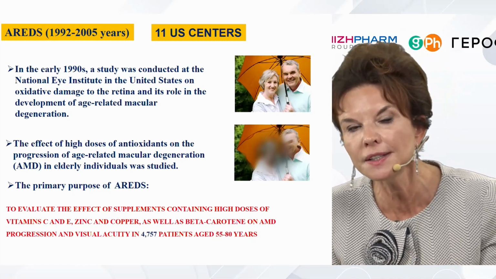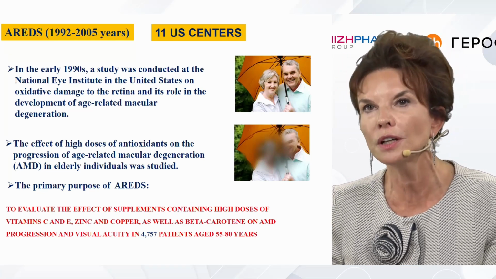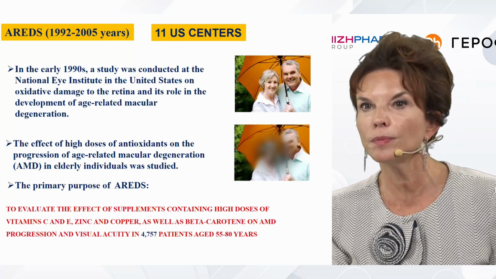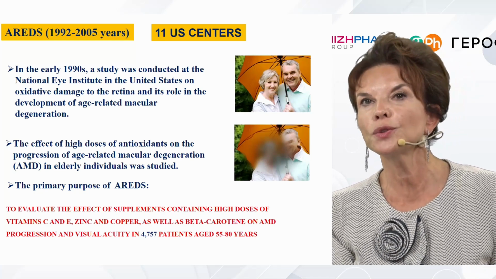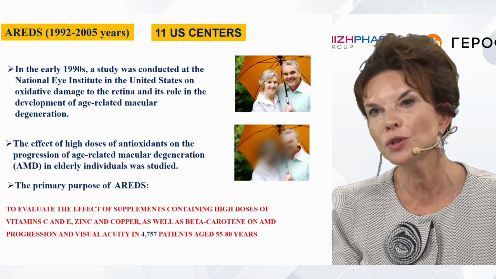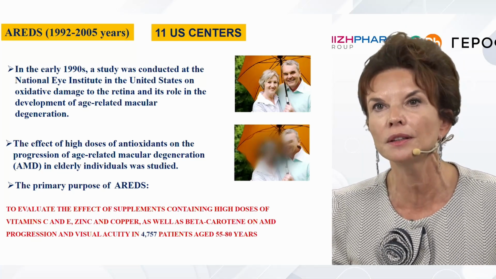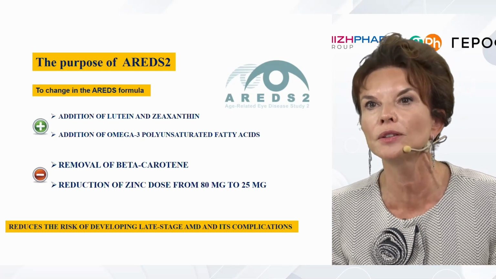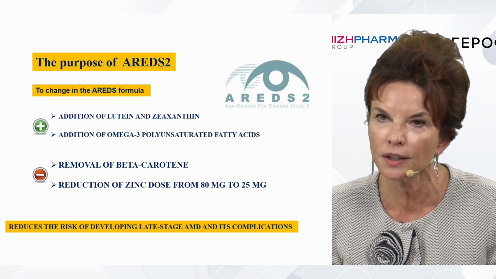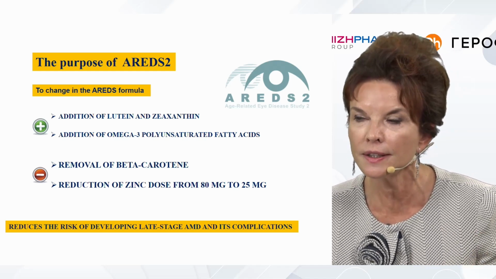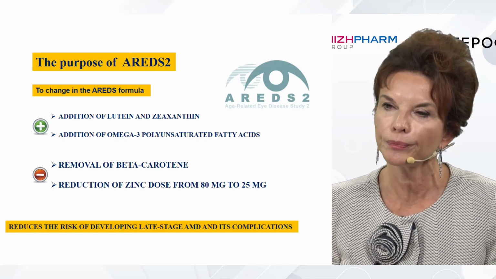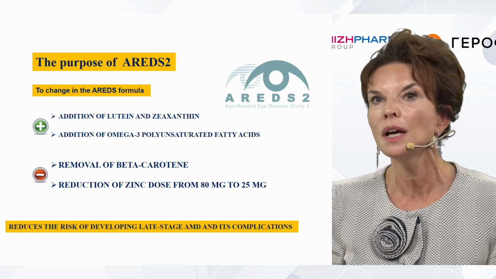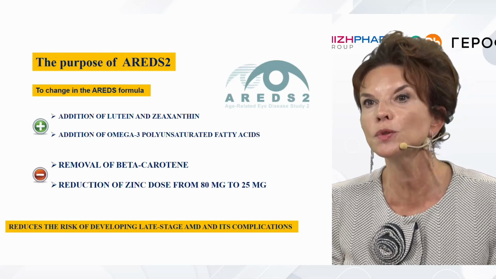because using this formula, well, they tried to reduce atrophy, to reduce dry AMD, and 5,000 patients were included in the study. The follow-up period was quite long. It was prolonged because there were some side effects of specific components in the formula that was changed, and RX2 was developed, and there was copper, zinc,